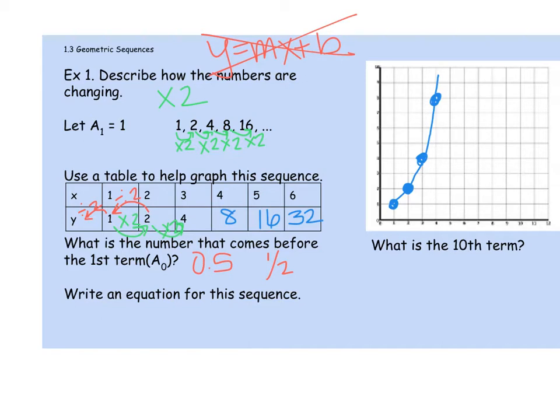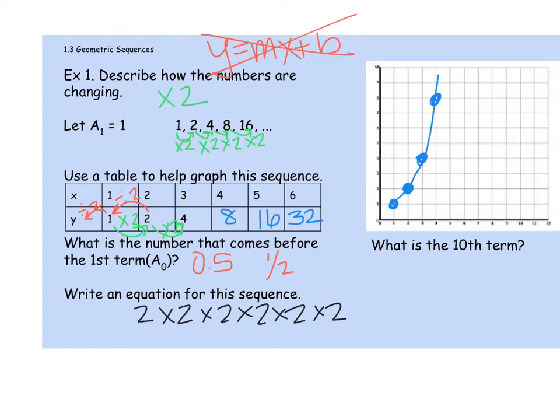Now it says write an equation for the sequence. This next part that I write down, don't write it down. I'm just going to write it to have you think about it. So do not write down what I'm writing in black. It says write an equation for the sequence. So I know that we're multiplying by 2 over and over and over again. Times 2, times 2, times 2, times 2, times 2. And we keep on doing that. So I guess my question would be, when you multiply over and over and over again,